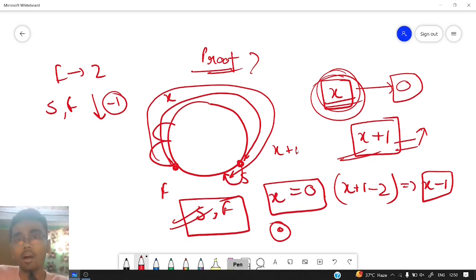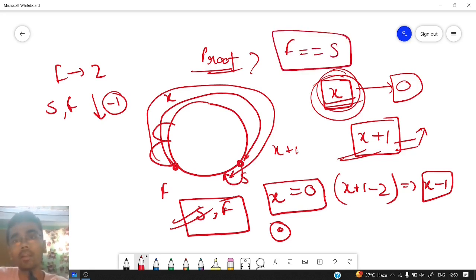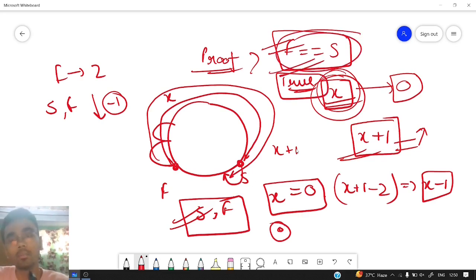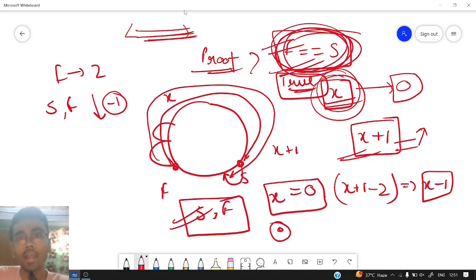What we have seen, we need to check if the fast pointer and slow pointer meet at some point in a linked list or not. If this is true, that means we have detected a cycle in the linked list. Otherwise there is no cycle, because in a linked list which has no cycle, that means it is a linear linked list, this condition will never get fulfilled and we need to return false in that case. So this is the solution for this problem. So let us code now and understand it in a better way.